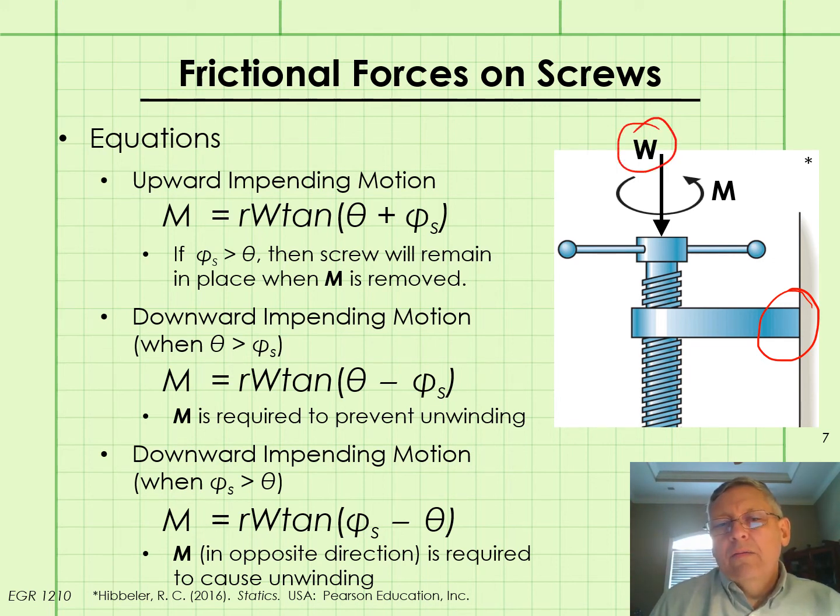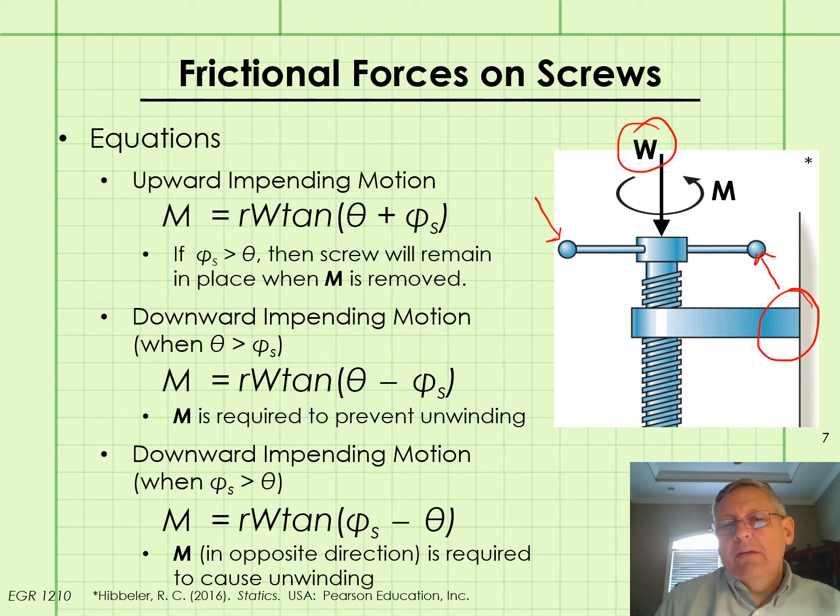And M is the moment applied to the screw by obviously somebody applying a horizontal force to the handles here to create that moment. So for upward impending motion, in other words,